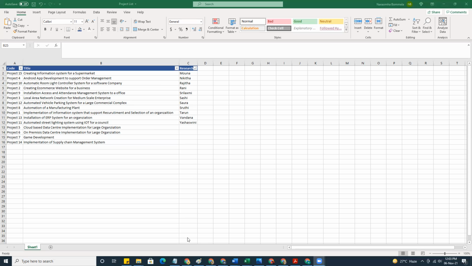Next one is project 2, that is creating an e-commerce website for a business. Maybe there is a small retail store that is operating within some location, and it wants to extend its business operations to a complete city. So for that purpose, we are going to create the e-commerce website for the organization.